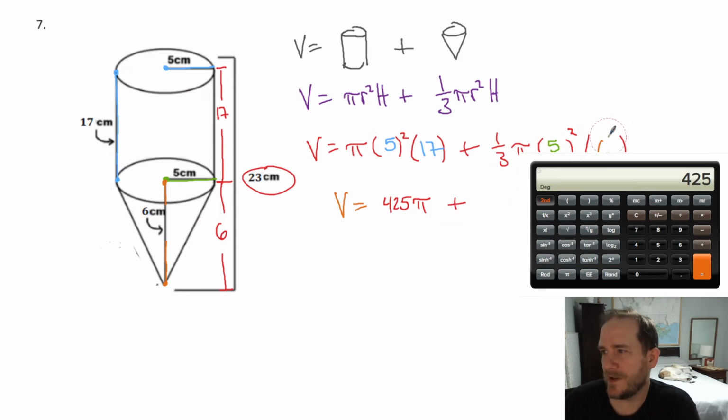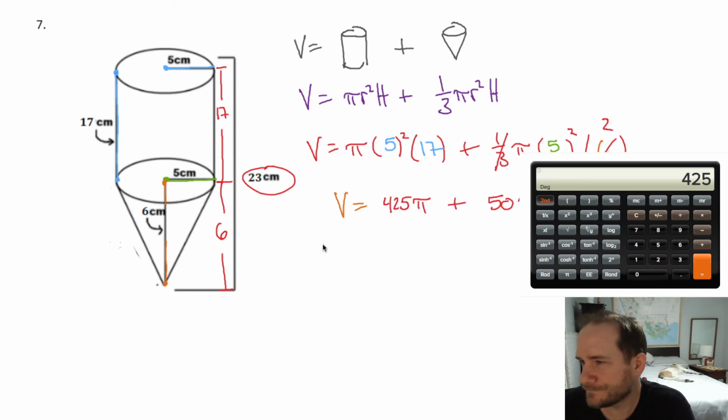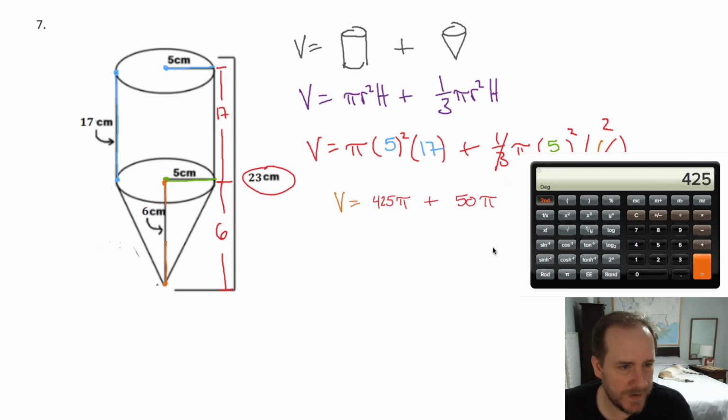Now what about this? That's going to be 25 times 6, but with a third. So I could actually just do a third of 6 right now. That's a 2. 5 squared is 25. 25 doubled I can do in my head for sure. That's going to be 50 pi. All right, anyway, now, since both of these are in terms of pi, we can add them,